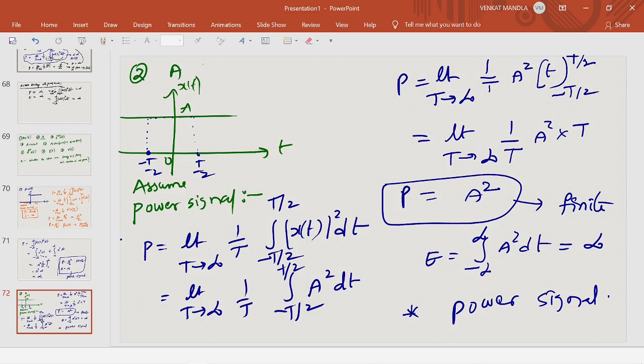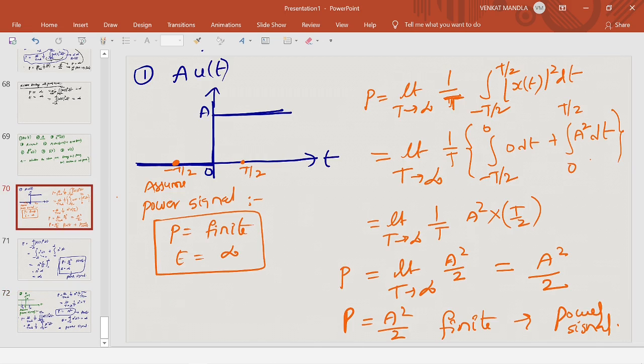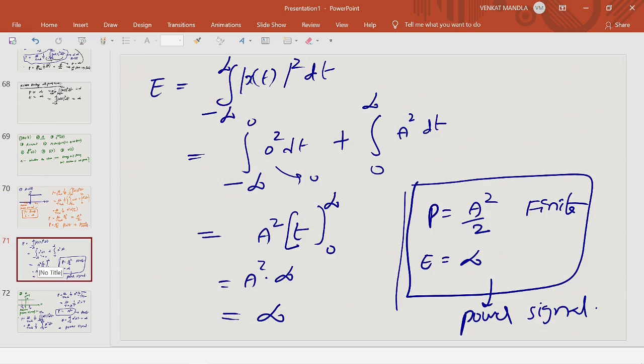So this is a constant signal or DC signal. Okay, DC signal is a power signal. And in the previous case, here we got the power. Power is A square by 2. Okay,